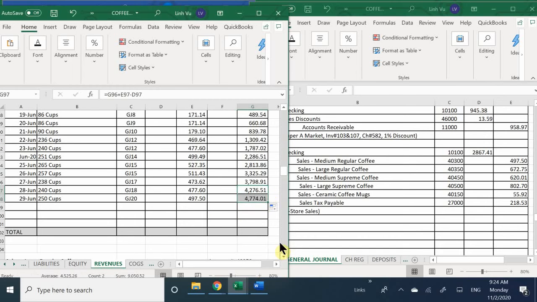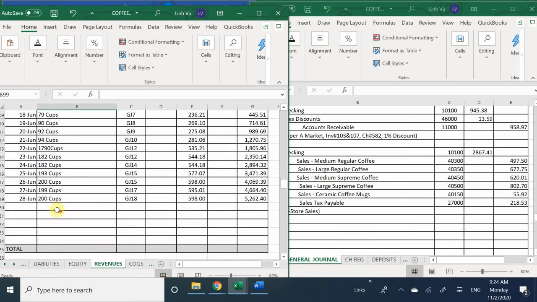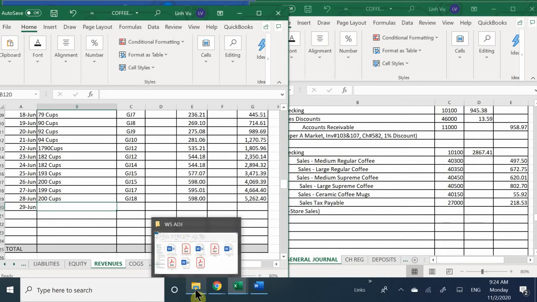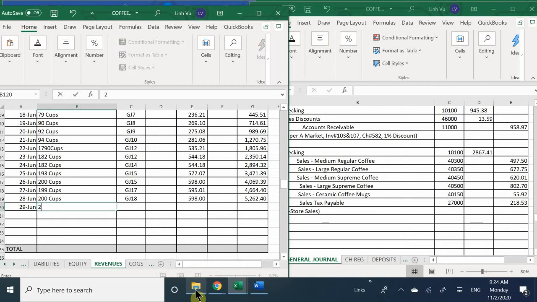I got 4740. Yes, good. Then we go to sales regular large. And that's going to be the date. 225 cups, GJ 20. 225 cups. Okay, here goes with my